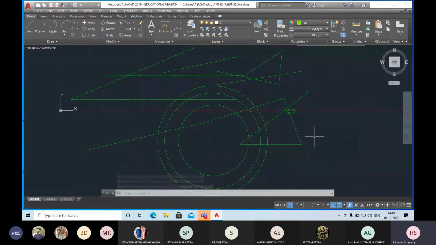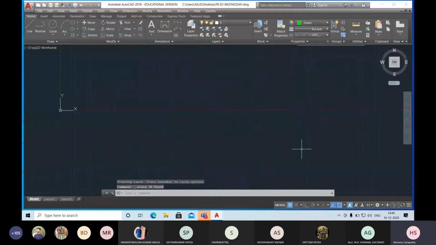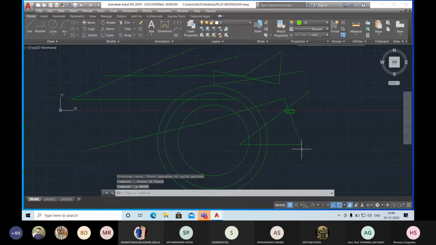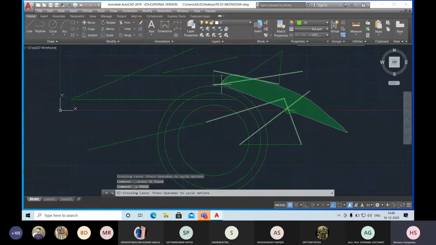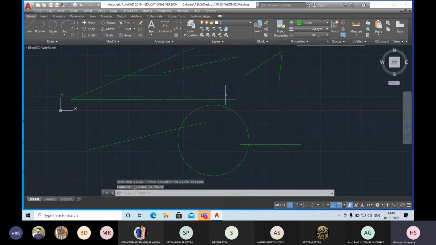So the first setting is dynamic input, or DIN mode command, second one is OS, third one is properties, then the fourth one is, as I told you, the drawing consists of drawing and notation and dimension.